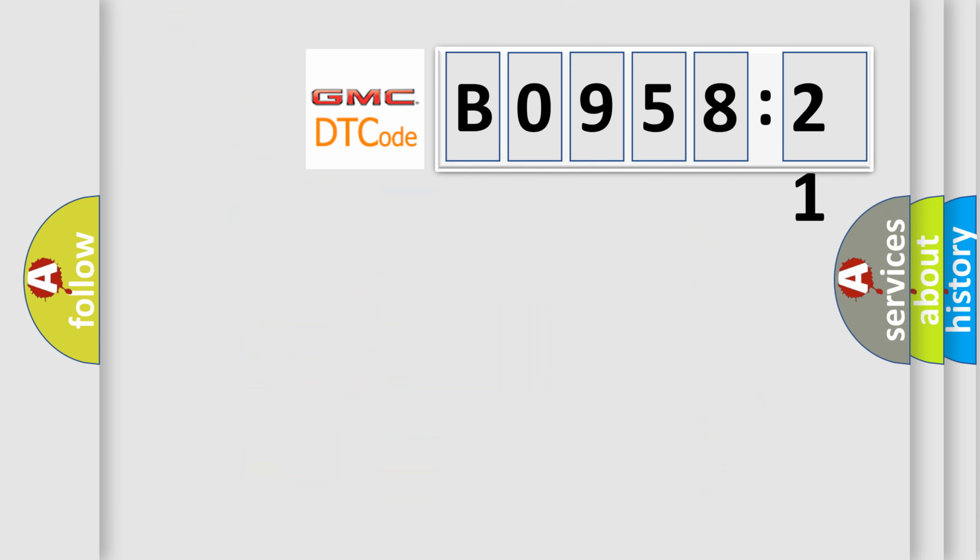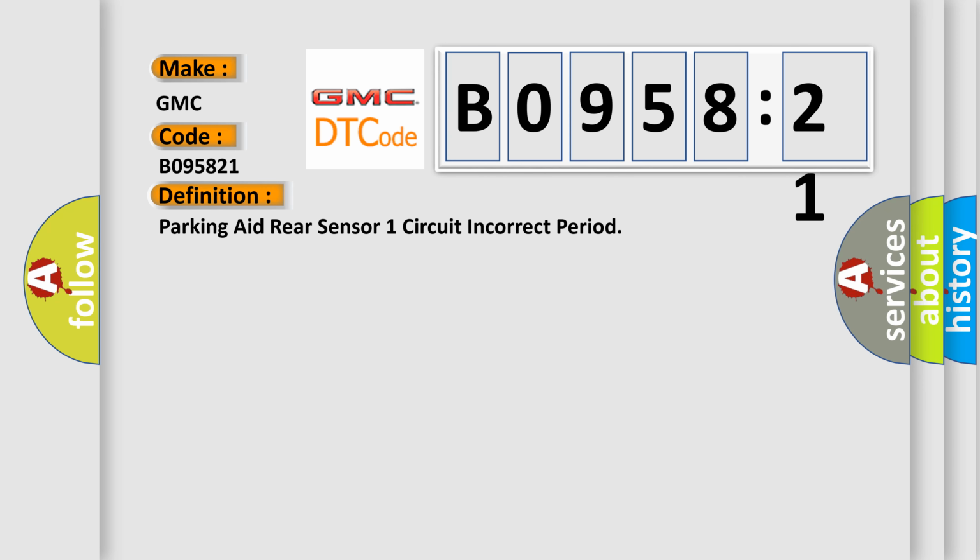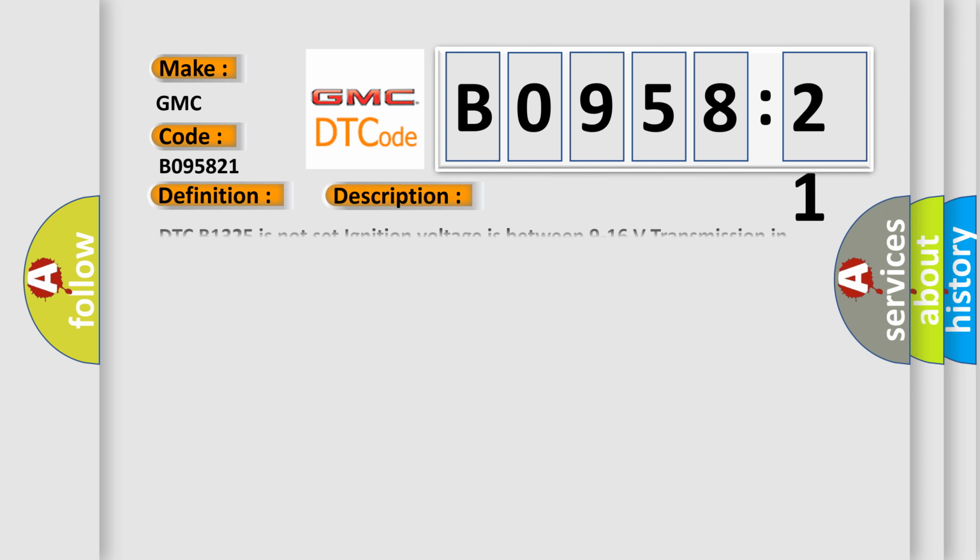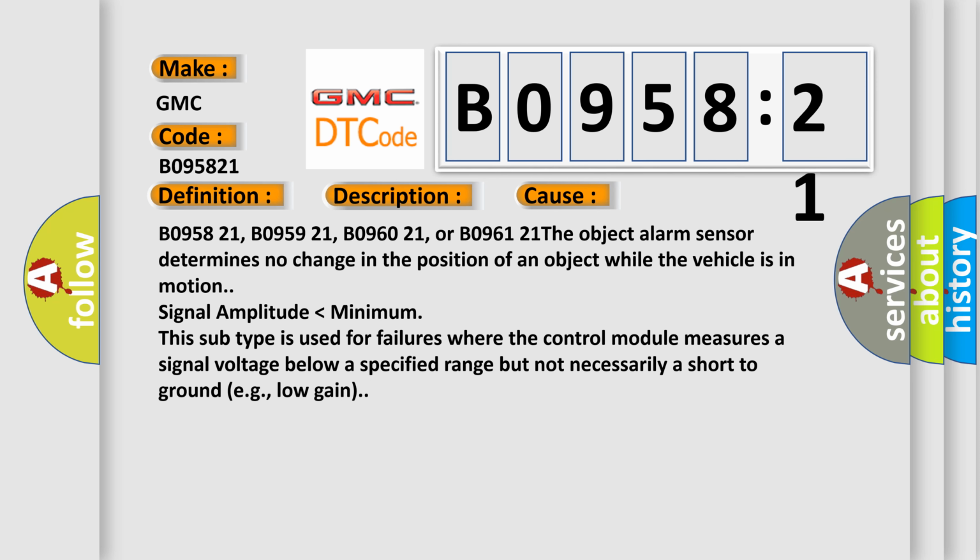So, what does the Diagnostic Trouble Code B0958-21 interpret specifically for GMC car manufacturers? The basic definition is parking aid rear sensor 1 circuit incorrect period. And now this is a short description of this DTC code. DTC B1325 is not set. Ignition voltage is between 9 to 16 volts. Transmission in reverse. This diagnostic error occurs most often in these cases: